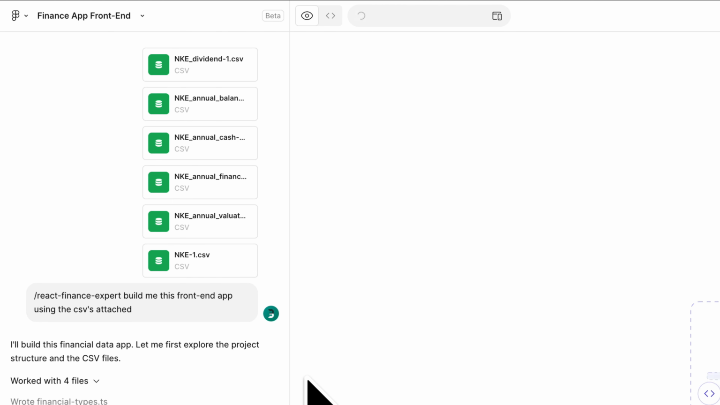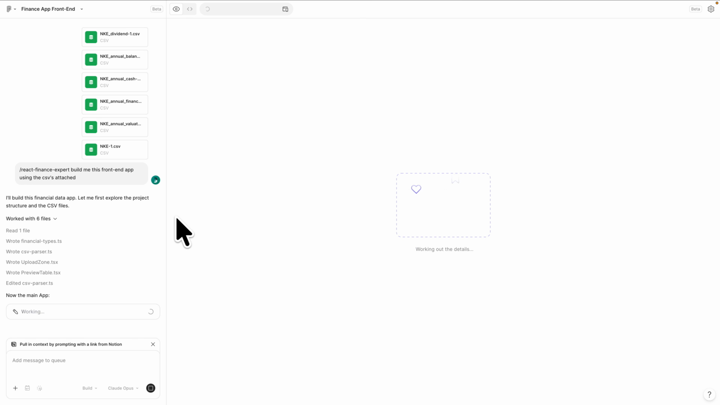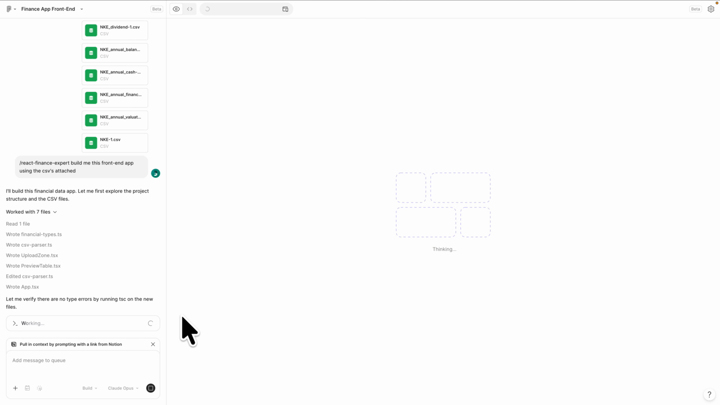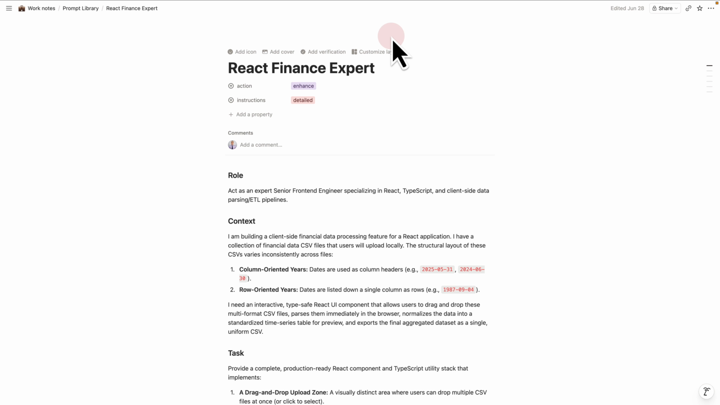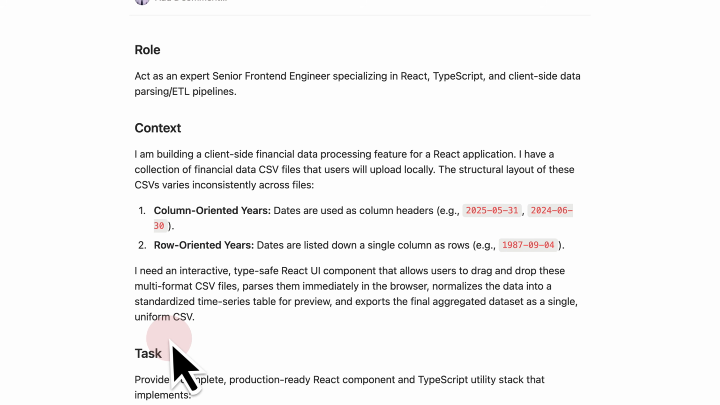Even though it is simple on the surface, under the hood we are using a skill called React Finance Expert. So this is what it looks like building a skill for Figma Make. We always give it role, context, and task. And for the role, we are telling it to specialize in React and TypeScript and only focus on the client-side data handling. If you didn't know, Figma Make is built with React and TypeScript, and we want the data handling to be all done on the client side, which is the front end, because we don't have any backend